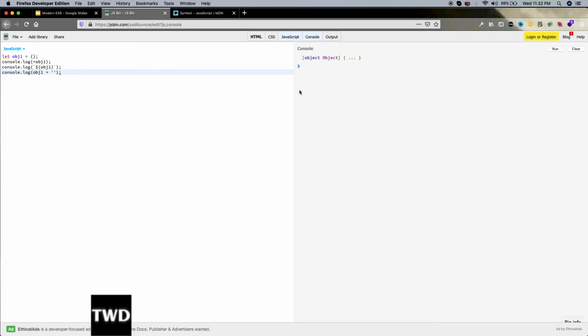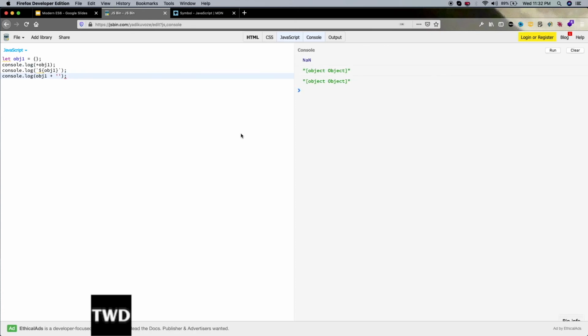If I run it, it just gives me [object Object], nothing.